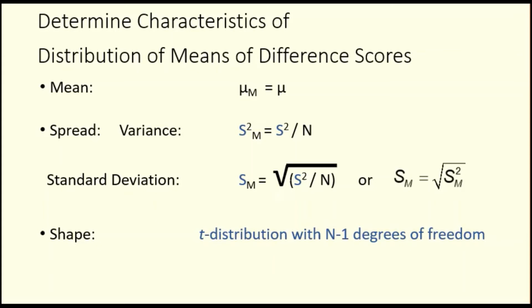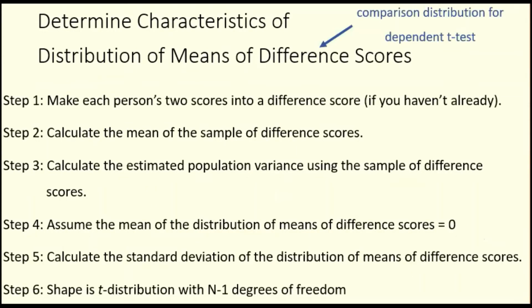And so we have some, again, step-by-step instructions. Again, each step of these processes is usually fairly straightforward. The key here is really just putting it all together and making sure that you're not missing any steps. So for determining the characteristics of our distribution of means of difference scores for the dependent t-test, first we want